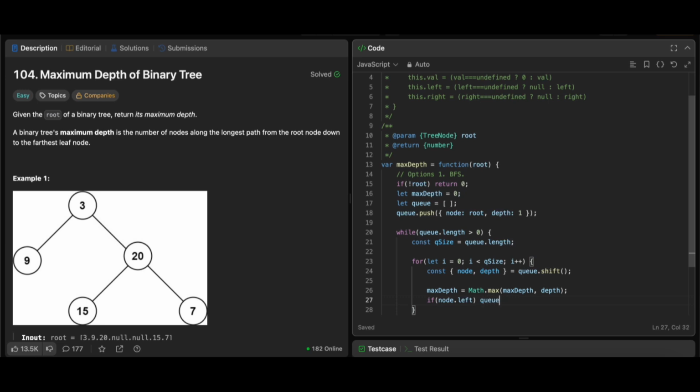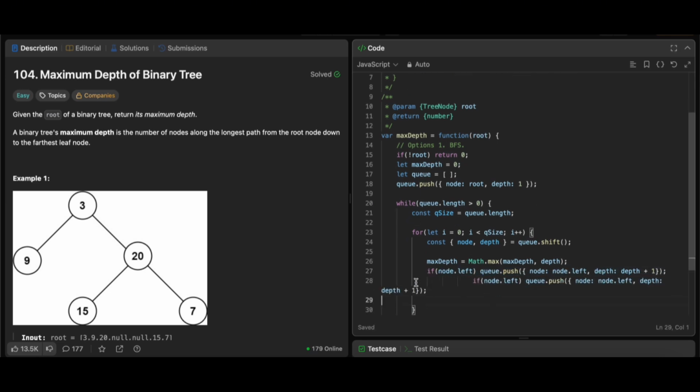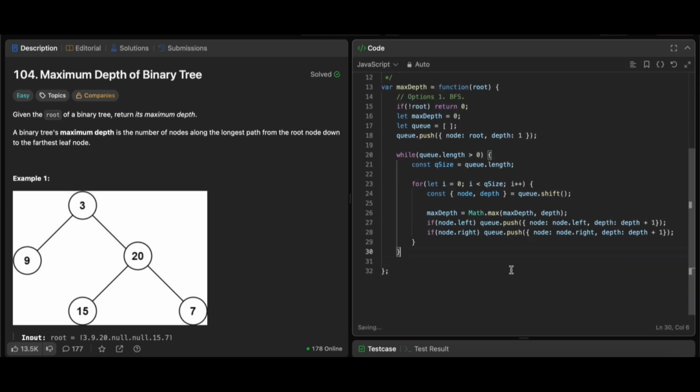Q.push, node.left and the depth is depth plus 1. It will be same. I will just copy this. Node.right. Okay, then we just simply return max depth.